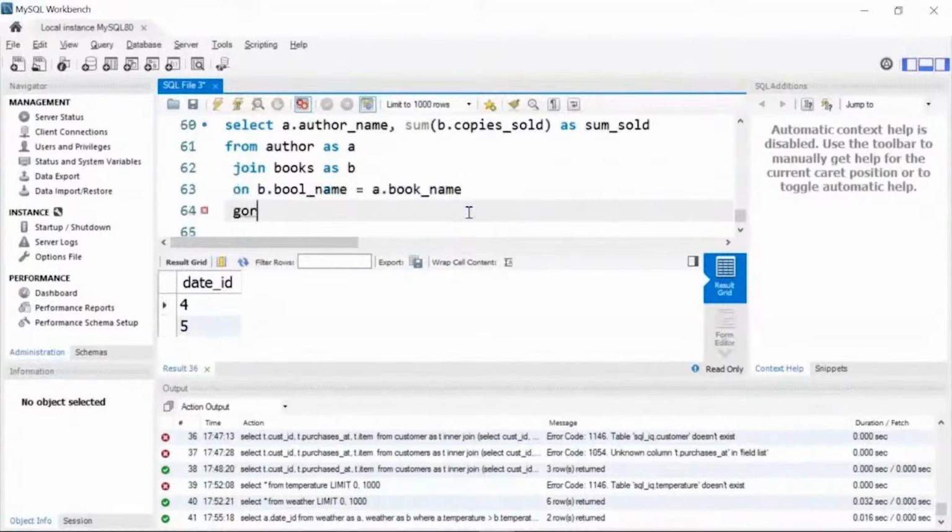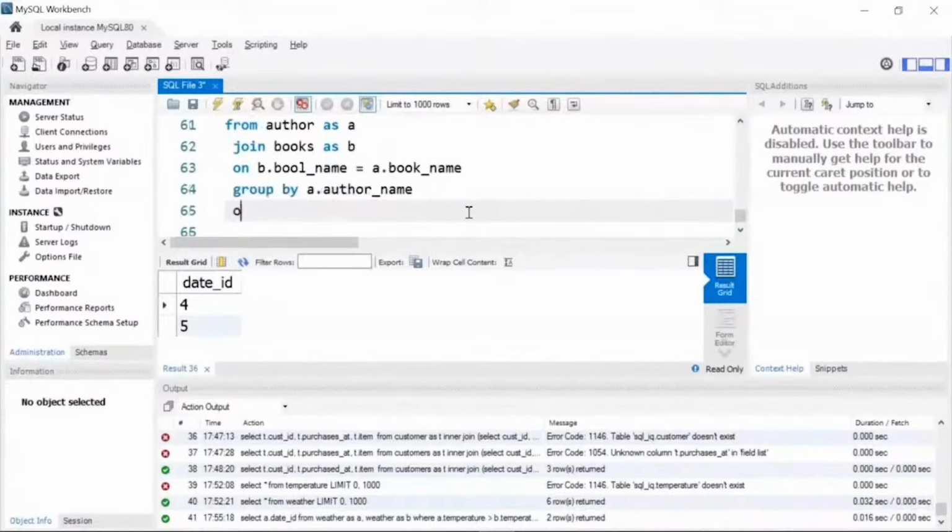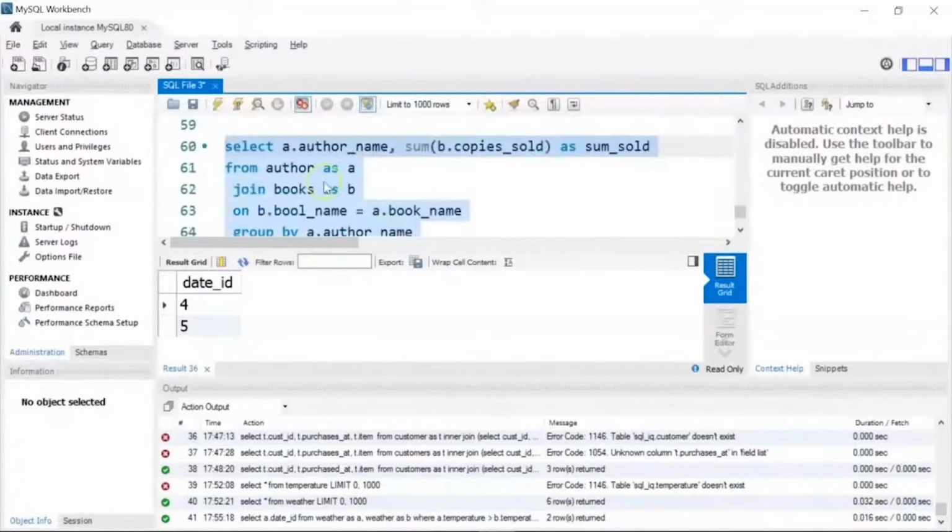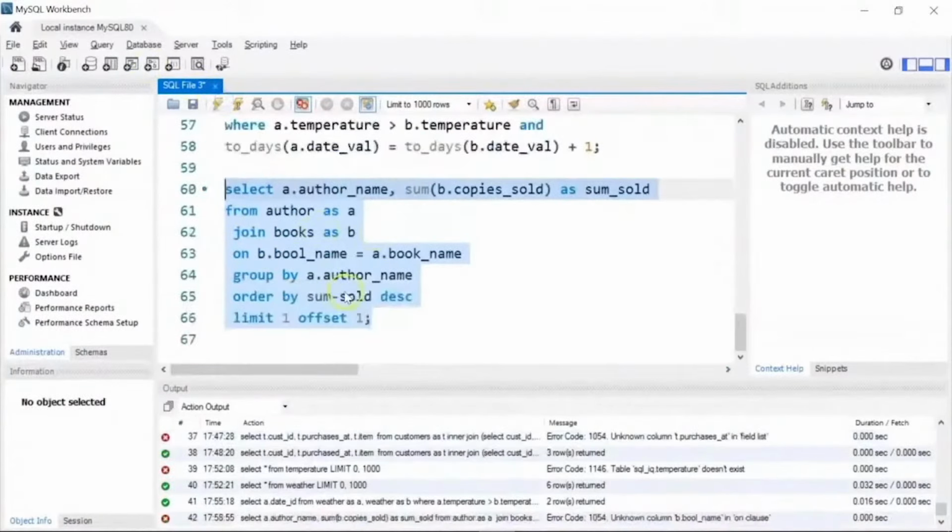Then I'll use a group by clause. I'll write group by a dot author name. Then again I'm going to use an order by clause. I'll write order by sum underscore sold, and I am going to order it in descending order. So I'll write DESC. I'll set my limit as 1 and offset as 1. If I run this,